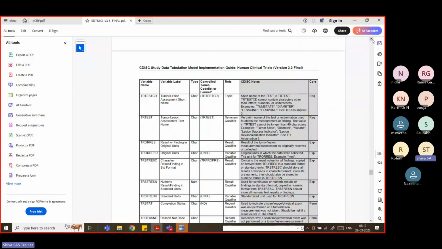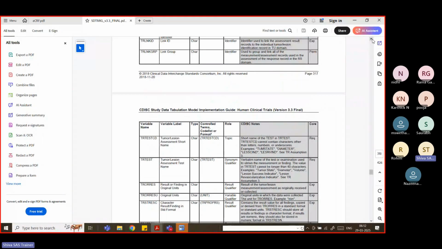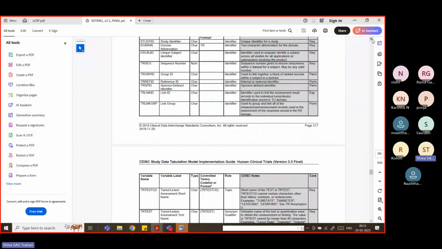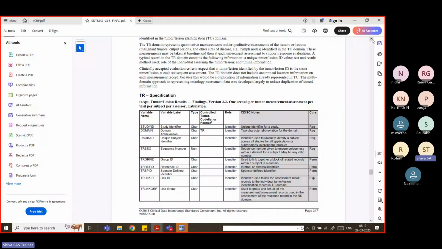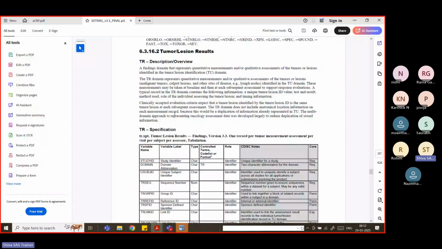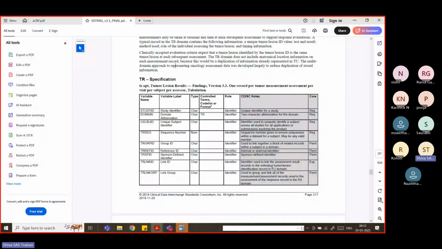So this is a TR. TR is nothing but the tumor results, tumor or lesion results. Okay. So here, like the TU domain. What we have seen in the TU domain is the method of collection and the area where the tumor was located; that is the main thing in the tumor TU